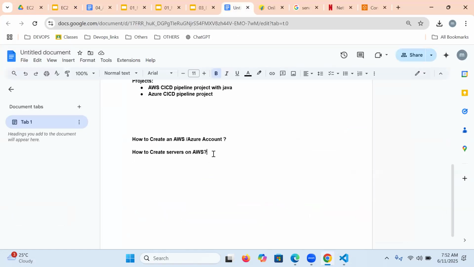First, what do I need to do? Which are all the steps we need to follow, guys? The first step is to create an AWS account and log in. Then choose the EC2 service.